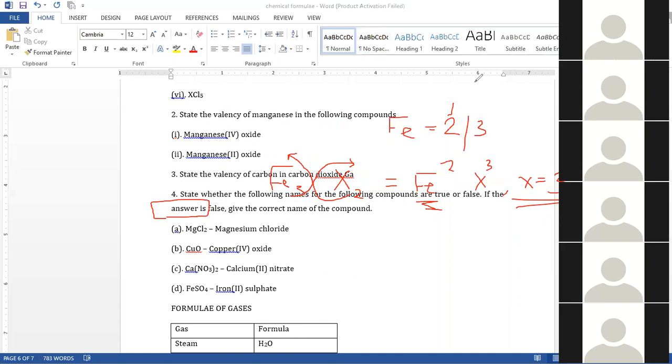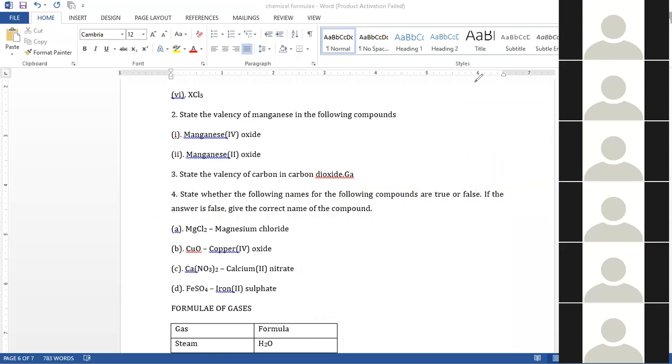Can I clear everything on the screen? Okay. I'm starting with manganese 4 oxide. So for manganese 4, which valency are they using? 4. Good. What is the valence of oxygen? Let's check our tables. 2. 2 comes here. Now we are doing the original method. We are writing the formula. This gives us Mn